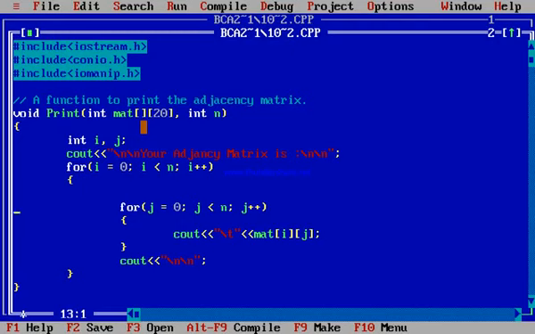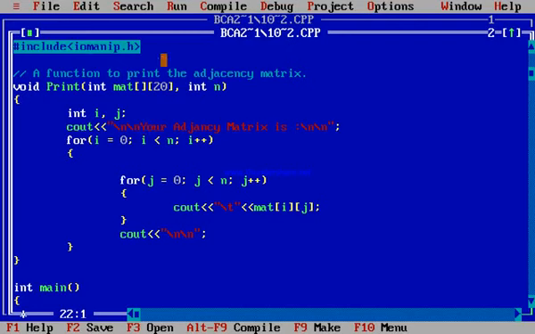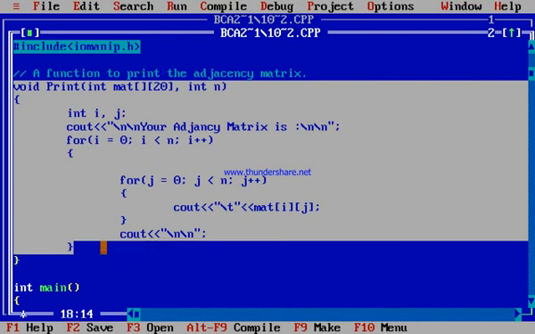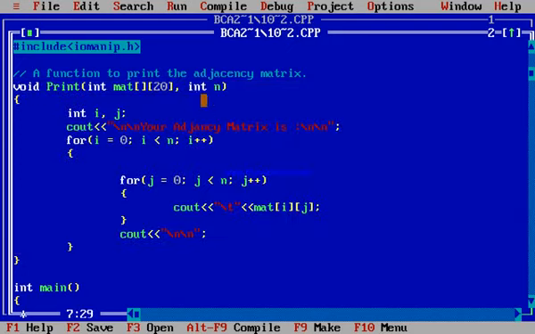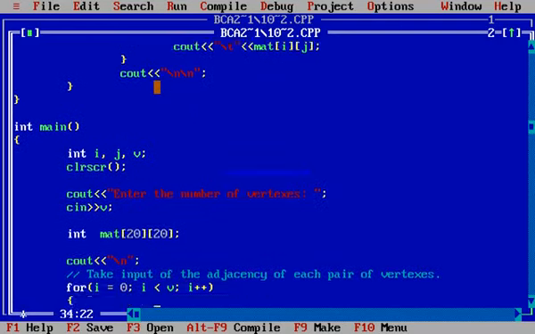That means there is no edge from A to A, B to B, C to C, and D to D. So for representing the adjacency matrix, here we need one function, that is print, which takes two parameters, integer matrix and integer n. This matrix is entered by the user in the main function.